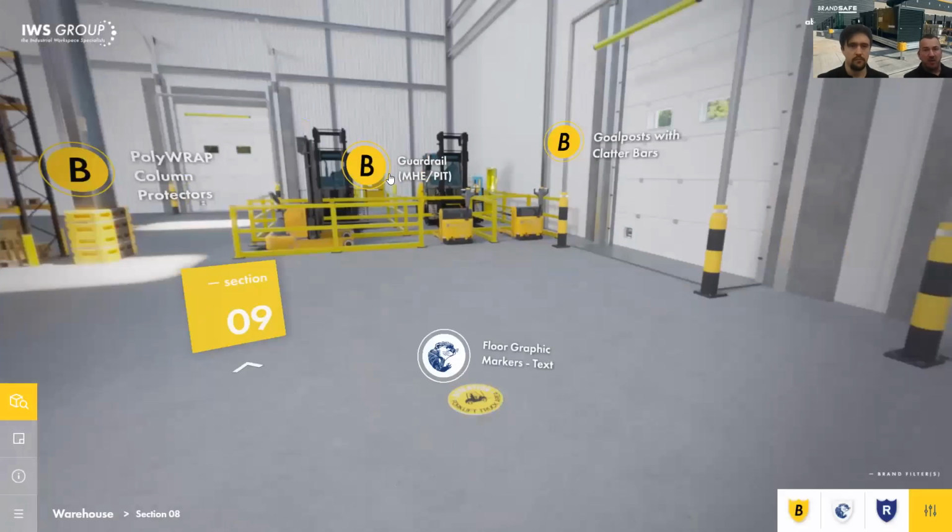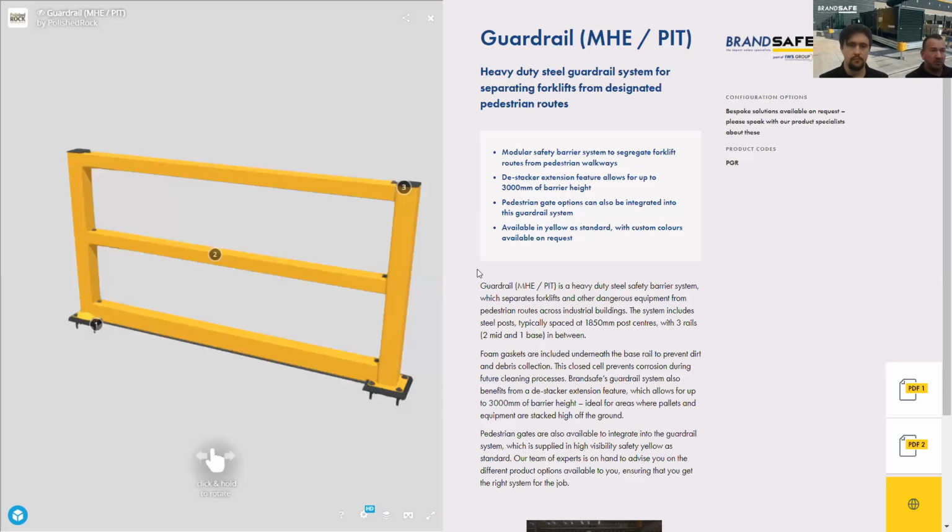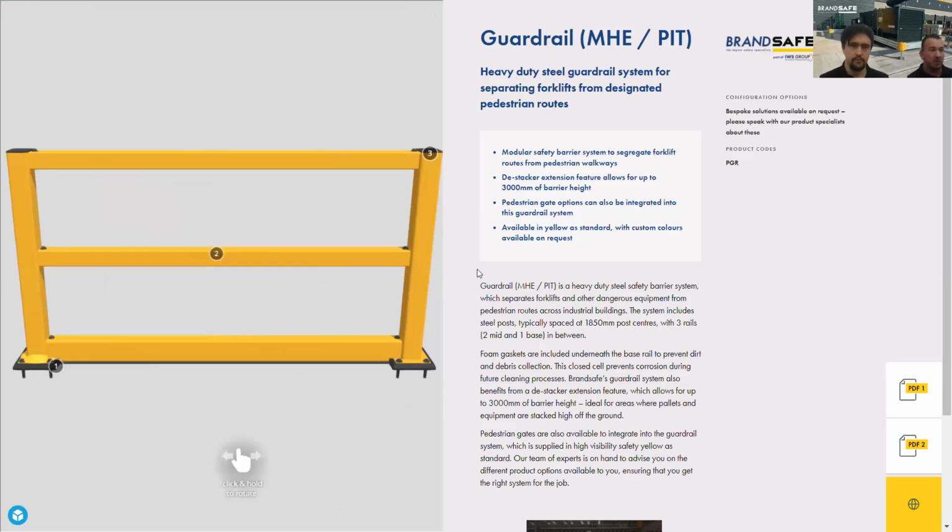So I'm going to move on to the MHE pit guardrail that you can see in this charging area. The MHE and pit guardrail is a very heavy duty, versatile product that can be used in a number of different applications and configurations. Shown in the virtual environment here is how the guardrail solution can be used to protect key valuable assets within the warehouse. It can also be used to effectively create safe pedestrian walkways in areas with particularly high levels of